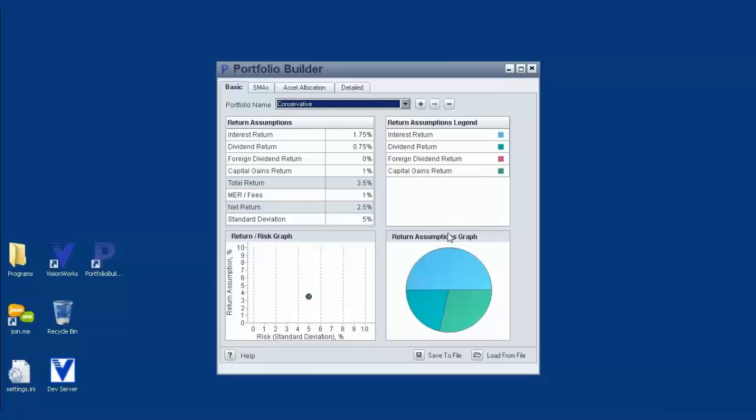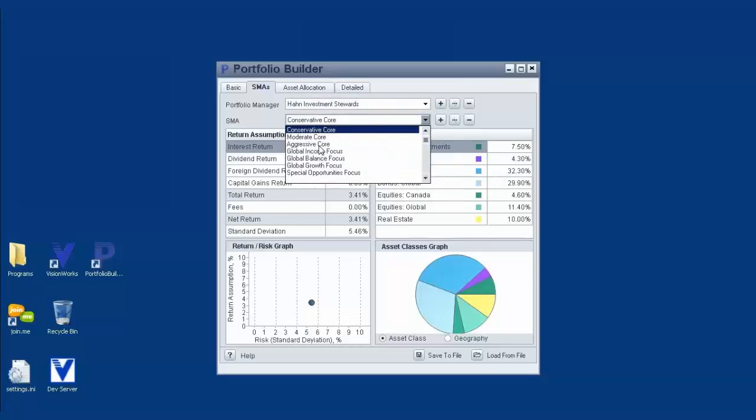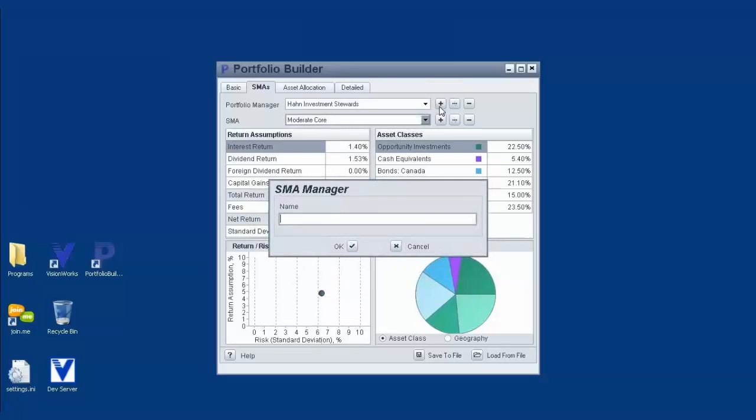If we go to SMAs, separately managed accounts, you're going to have the ability to create any number of portfolio managers, and for each portfolio manager, any number of separately managed accounts. You can see right now that we have HON in here, and we have the different HON accounts, so I can switch between them or amongst them. So again, to create a portfolio manager, all you would do is click the Add button, put in the name of the portfolio manager,